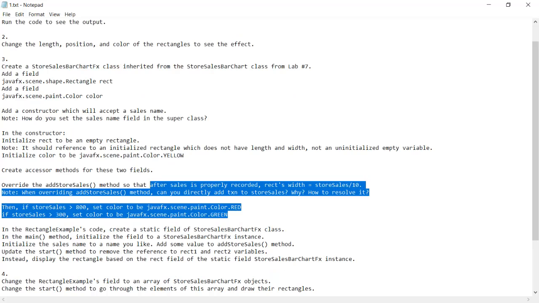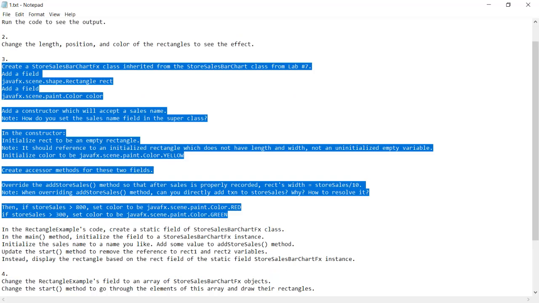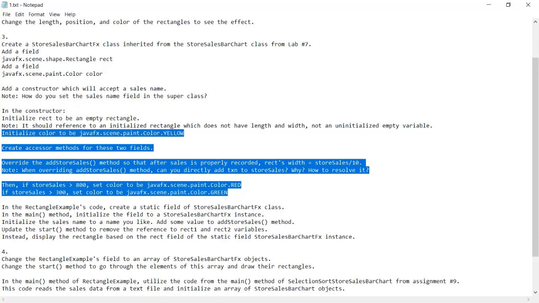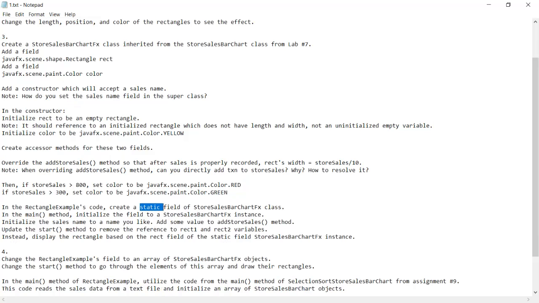Okay, so this part is a regular class creation. It looks like a lot, but basically you are just adding 2 fields, initializing them in the constructor, and overriding an add store cells method so that after cells is changed, you will change the length, size, and the color. Then once you create this class, you will create a static field